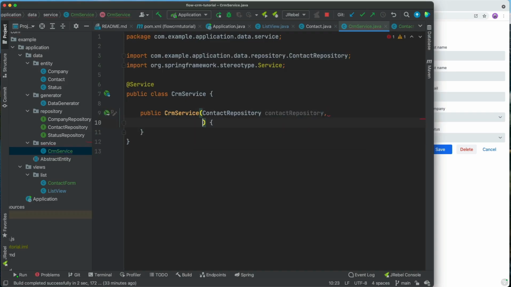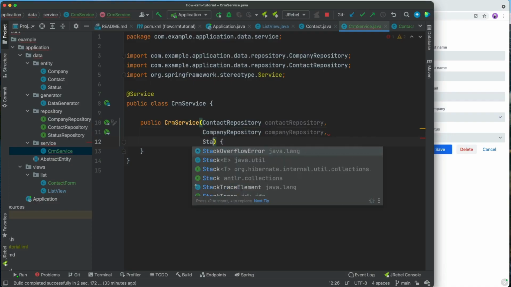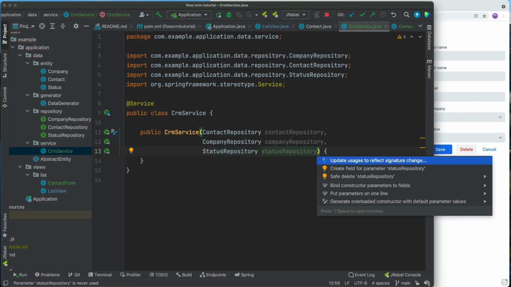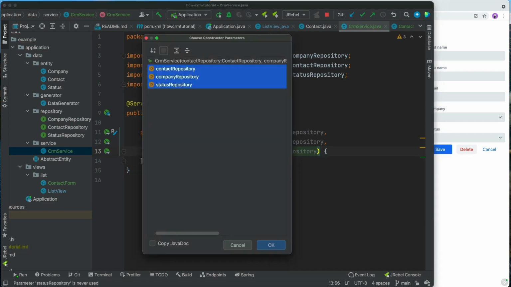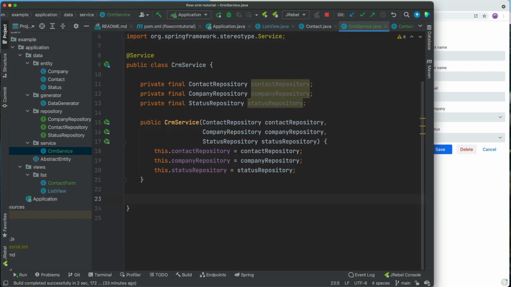Then we'll have the company repository. And finally, we'll have the status repository like this. Then I'm going to use the ID to bind these to fields, all of them like that. So that way we'll have access to all of these. So this service class will essentially have all the APIs that we'll use to connect to the database in our application. So the first thing I want to implement here as our public API is a method to find contacts